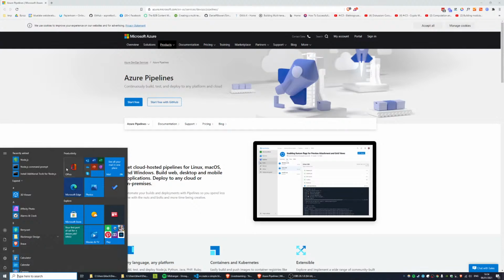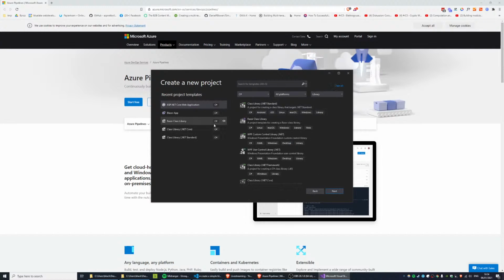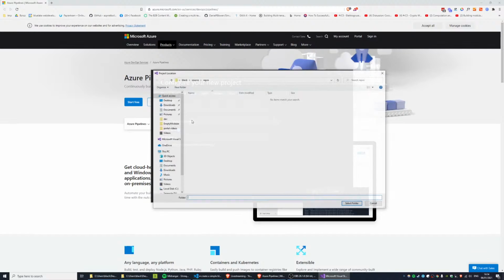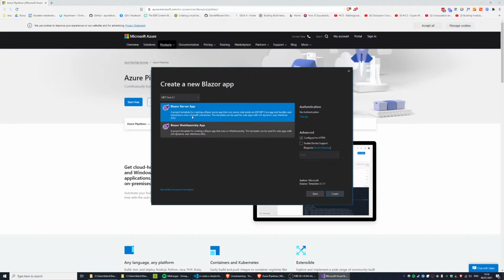So first, let's start by creating a simple Blazor app. I'm going to use Visual Studio and create a new project. It's going to be very simple. I'm going to use a Blazor app, storing it in dev, Azure example, Azure Blazor example. Create this to server. Actually,